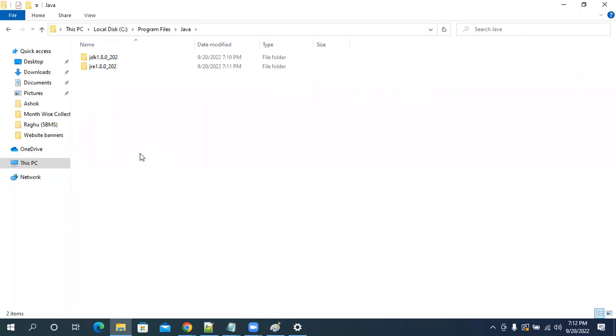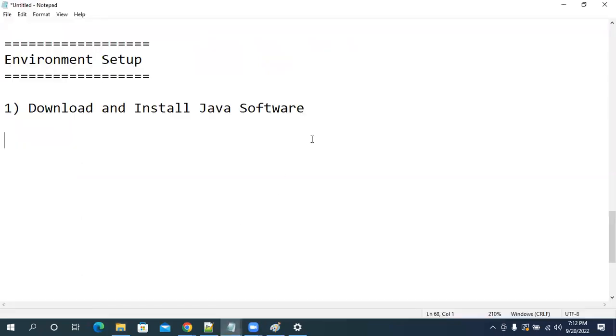What are those two folders? One is the JDK, another one is the JRE. Sir, what is this JDK and what is this JRE? Whenever we install Java, the JDK is installed and the JRE is also installed. JDK stands for Java Development Kit.